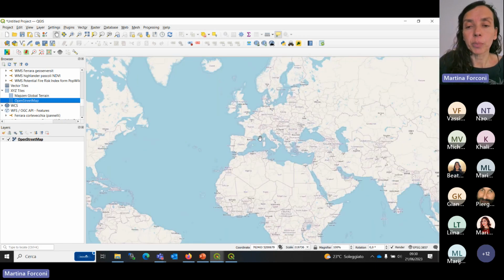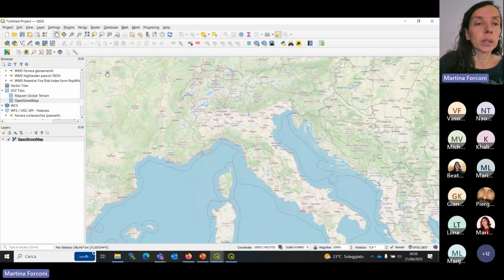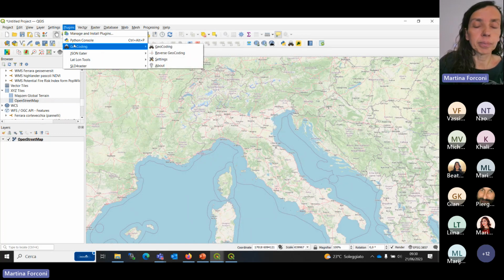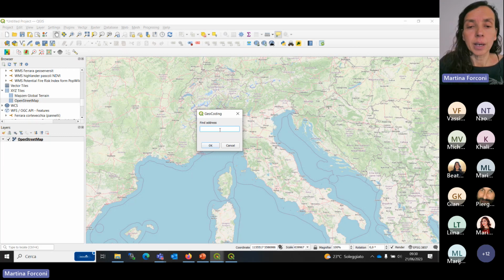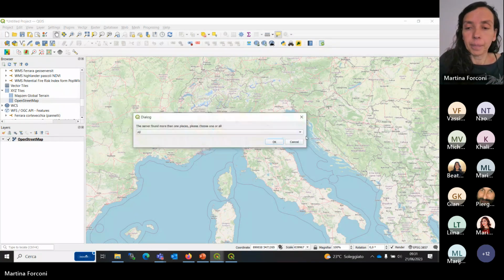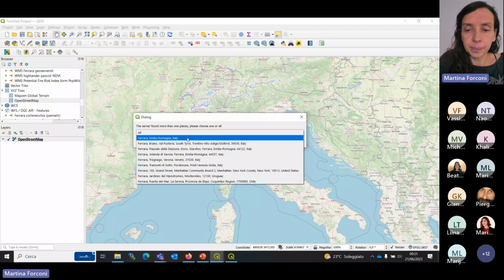Another plugin that I did not put in the slide, but I think is very useful, is the geocoding one, where you can find an address. Maybe we can go to Ferrara and choose the results.